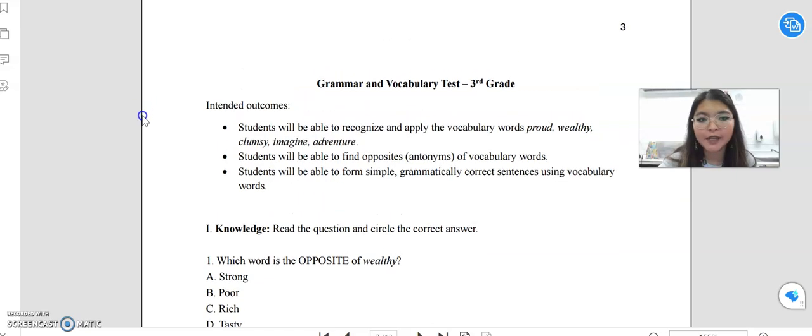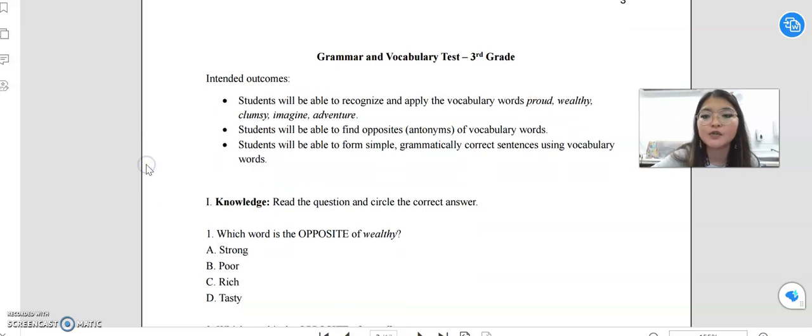So beginning with the grammar and vocabulary test, you can see here that it is for my third graders, and you will see that with every test I focus on a different grade level. This is because I am an elementary ESL teacher, and so I thought I should create an assessment that pertains to each of my different grade levels. So for the intended outcomes here, students will be able to recognize and apply the vocabulary words that